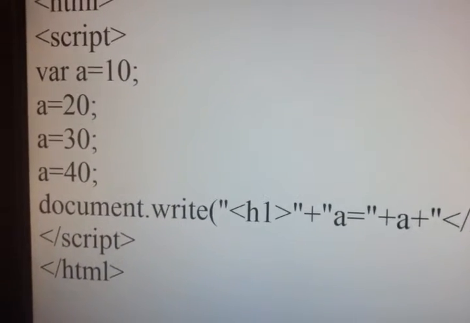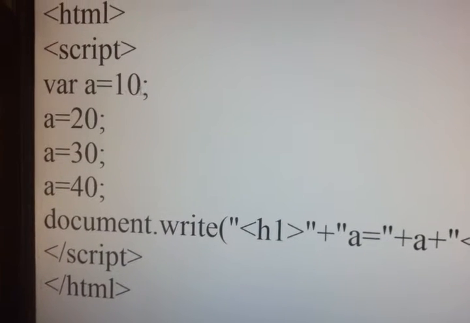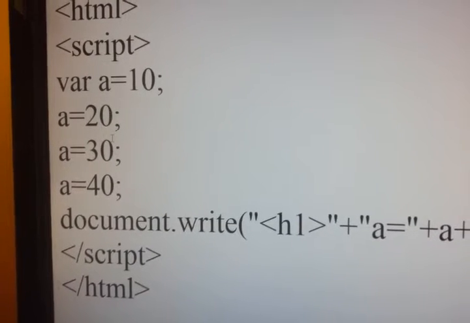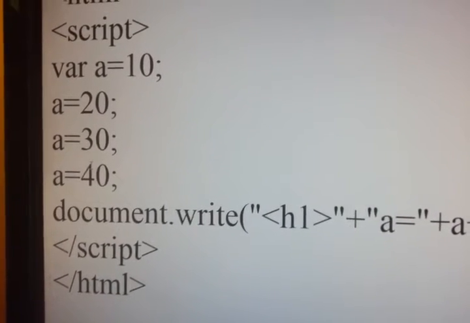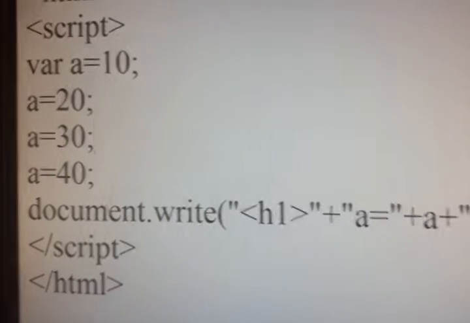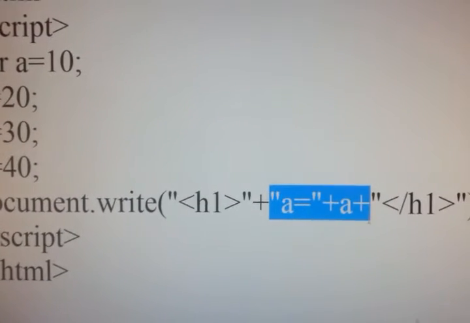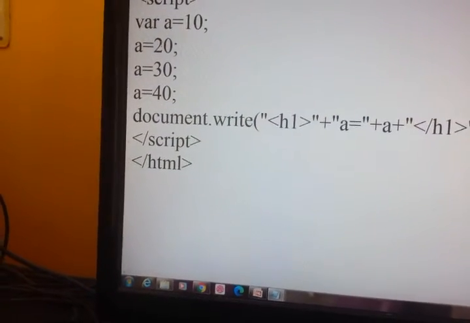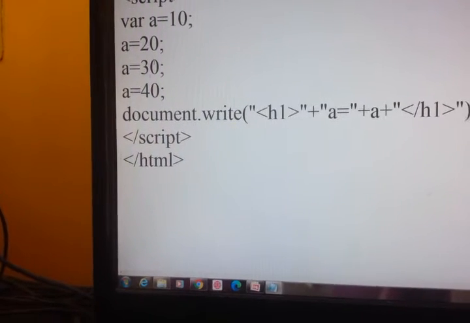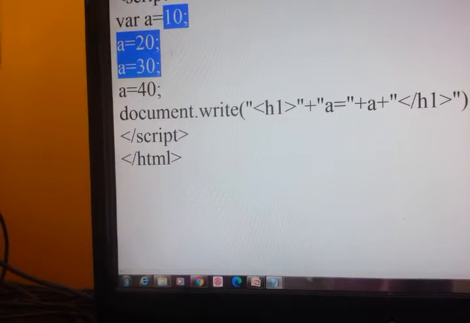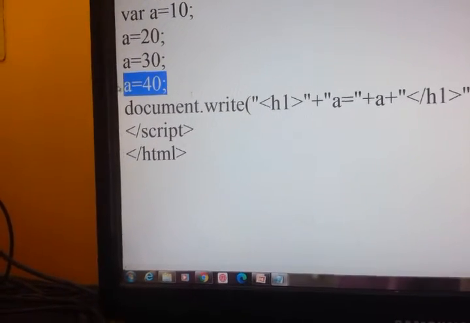You see the program, how many values is the variable a having? For a, it is having 10, 20, 30, 40. So I have given 4 values for a, but in the output I am getting only one value, so I am losing 10, 20 and 30. I am losing these 3 particular values. I am only getting the last value